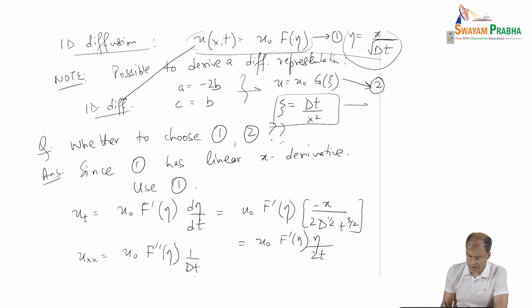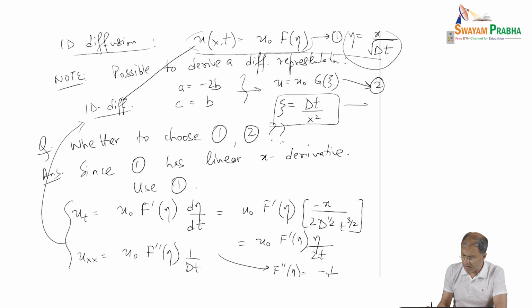And if we plug both these forms of ut and uxx in the 1D diffusion equation, we are going to get the following new equation, that f double prime eta is going to be negative 1 over 2 eta times f prime eta, right? So now we have got completely a single ordinary differential equation involving just one variable eta,